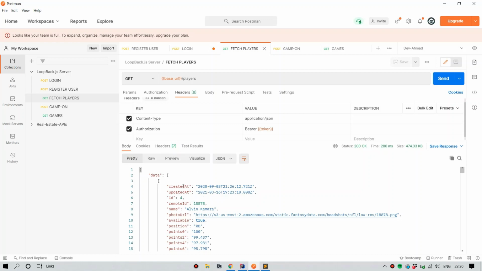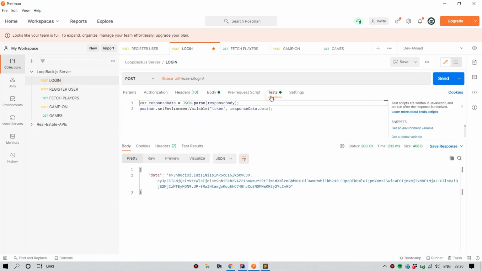Now we can take it even further and chain requests together, which I will not show you in this video because it will become a little bit longer. But now you know with the power of environment variable and the test script here, we can do anything we want, right? So we can automate the whole thing. We can automate the whole request response cycle. So as you can see, we can take this even further and we can create our own automated test suite using just environment variables and these test scripts.